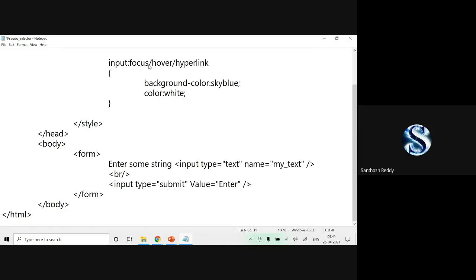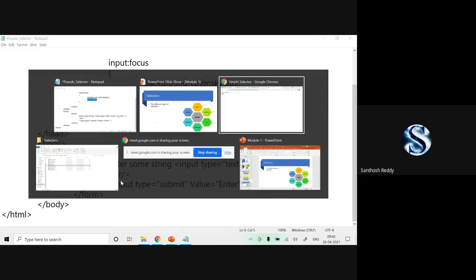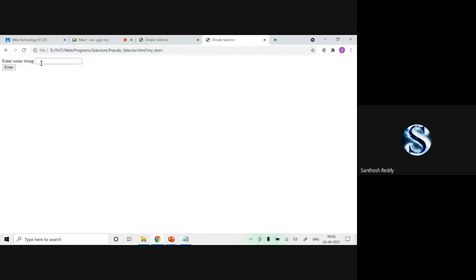These are the three we have, but here I have mentioned one. Focus, it will happen in the sense that it keeps an eye on that particular box. When I place this focus, the background color should change and my font color should change. That's it. So what I'll do here, you can check it out.